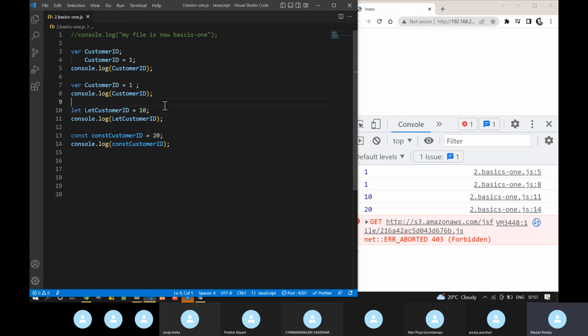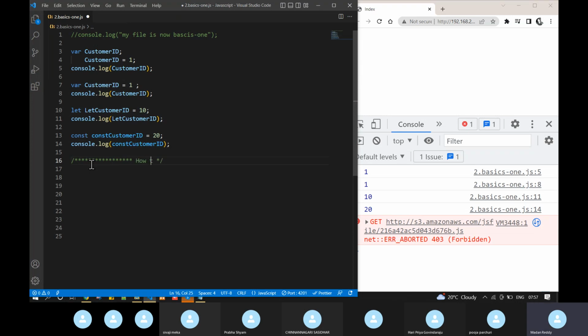Okay, and coming back to here again. As of now, in these lessons I'm going to explain about the var keyword. When the time comes, I will explain what is the use of the let keyword and constant. Okay, so come back to this statement, customer ID. Okay, this statement, what I'm going to do is,